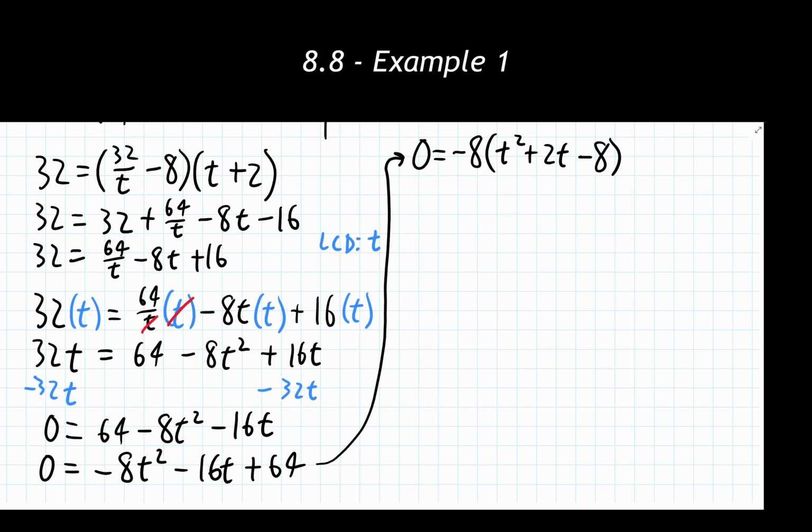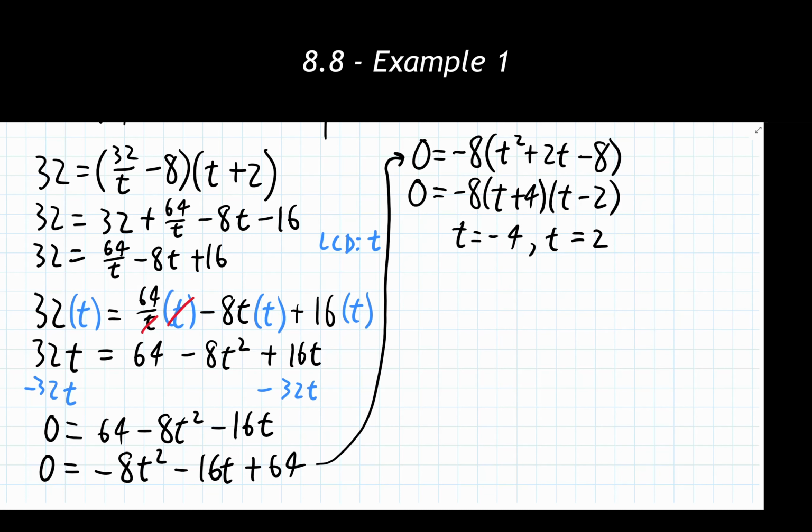So now I get -8 is equal to t squared plus 2t minus 8. I can factor that further into t plus 4 times t minus 2. And then I'm solving each of these for where I'm going to have potential values of t showing up in this problem. So my two potential t values are going to be -4 and +2.